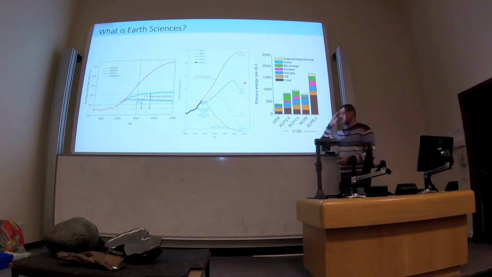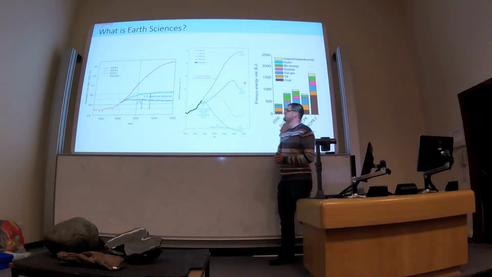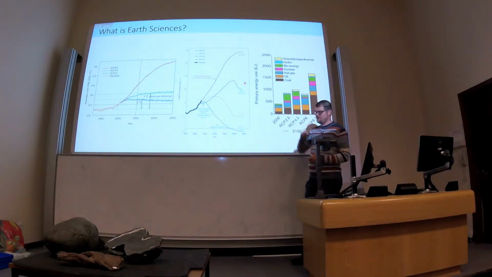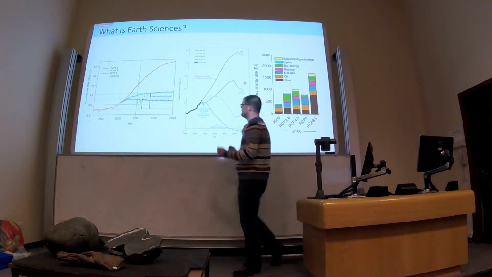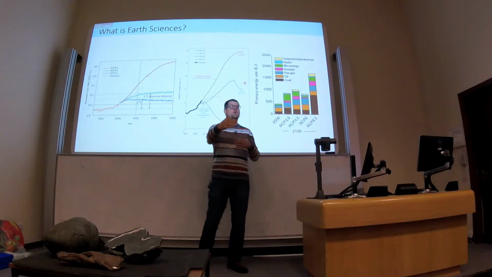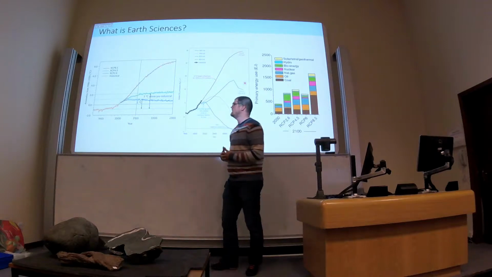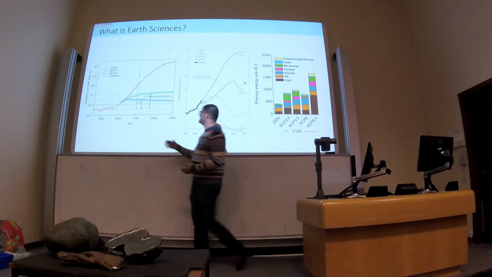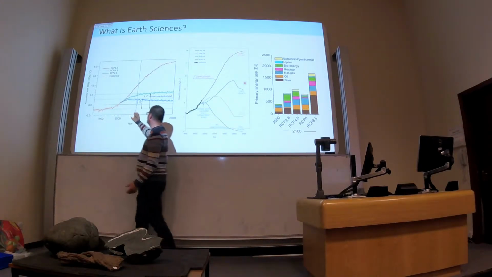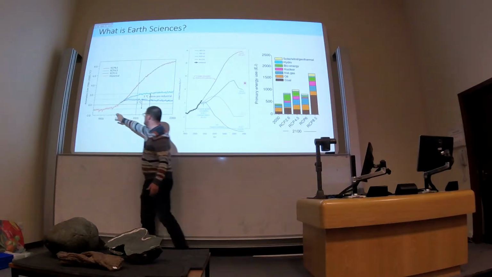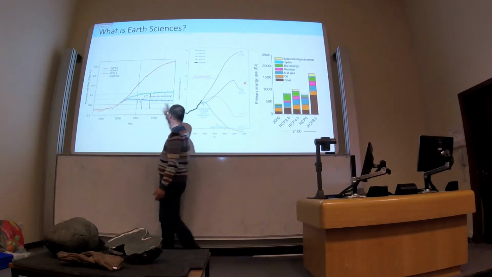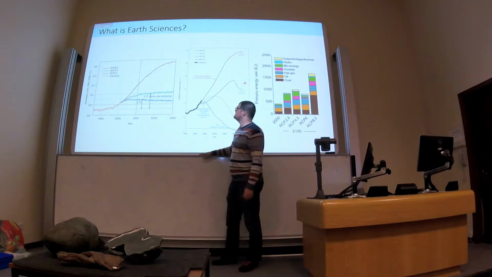So this is what's going to happen. It ain't pretty. Over on the far left, looking forwards into the future, these are basically climate models. So this is 100 years ago, this is now, this is 100 years in the future, this is 200 years, 300 years in the future.